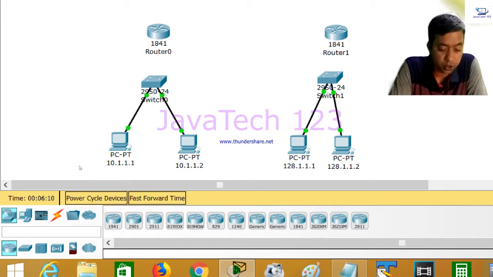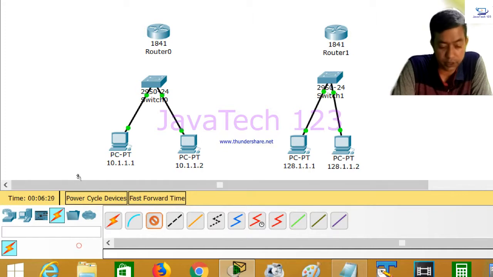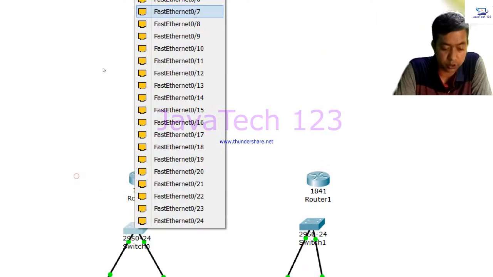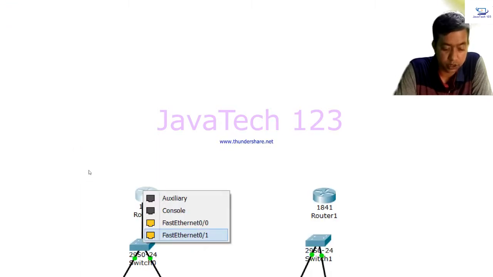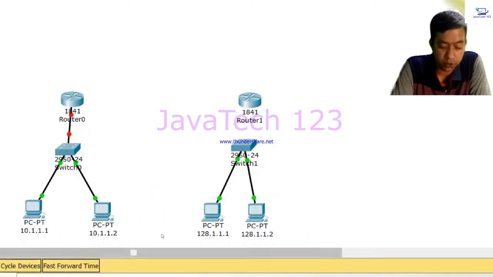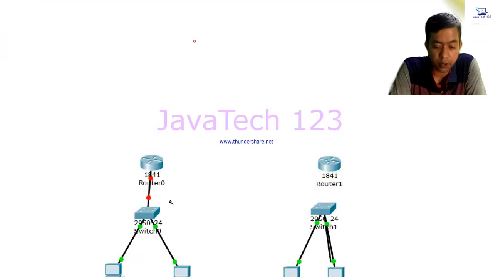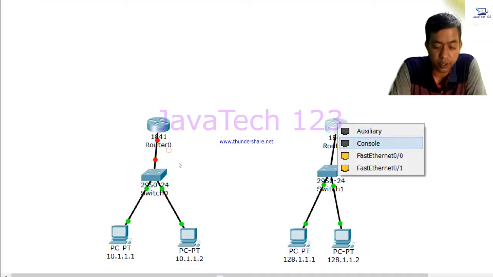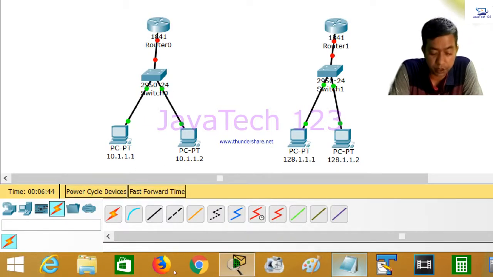Both these are not similar devices, so I will use what? The copper cable, but not straight. So here I will set 0 by 0 by 0. The same is here also. Here I will also set switch to router, then 0 by 0. Okay. Then I have set up, and remember